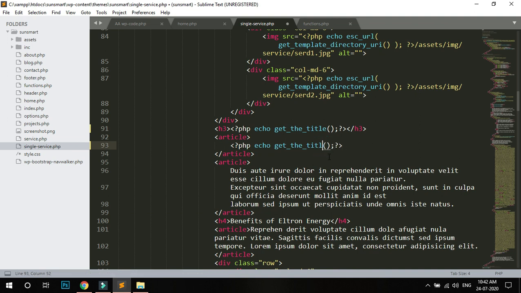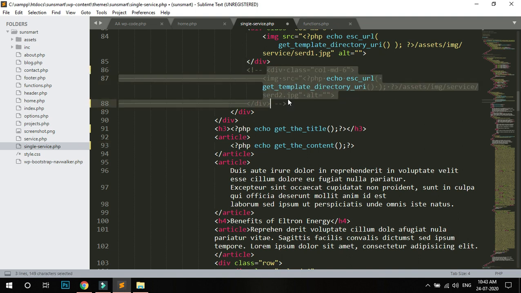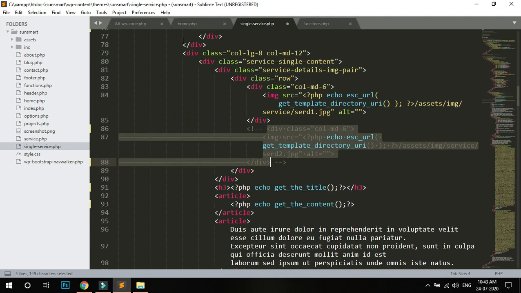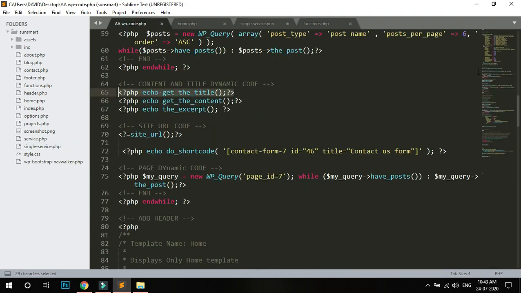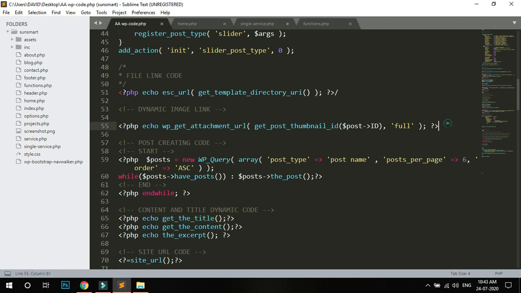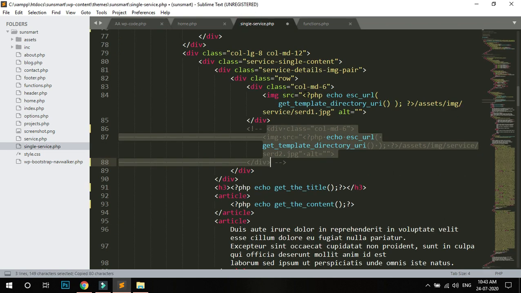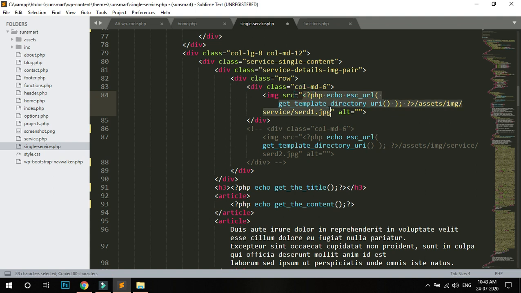Since there are 2 images, I comment 1 image and put the online link, the dynamic image link, from this one to this one.